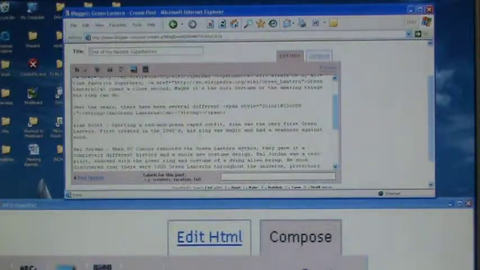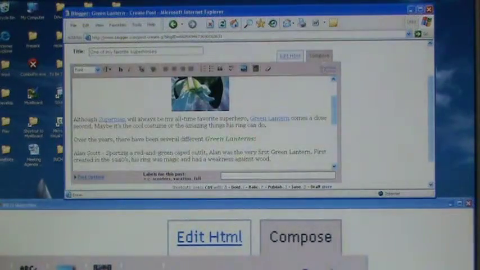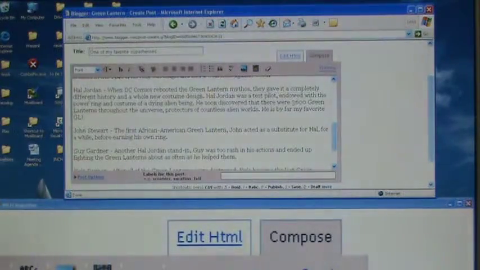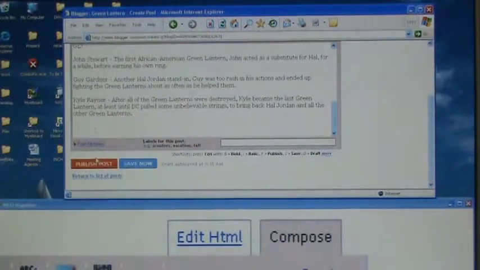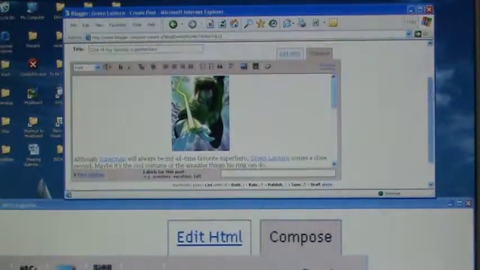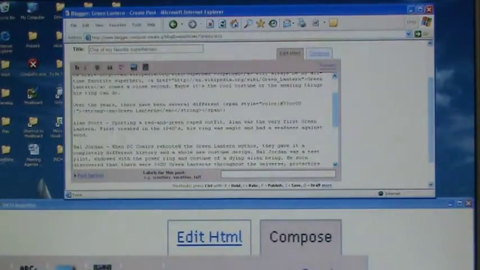Now the next thing I want to do, let's go back to compose. I want my list of other Green Lanterns to be indented, okay? And I want each name to be underlined. So let me go back to the HTML editor, edit HTML, and see here's my Alan Scott, and so here's